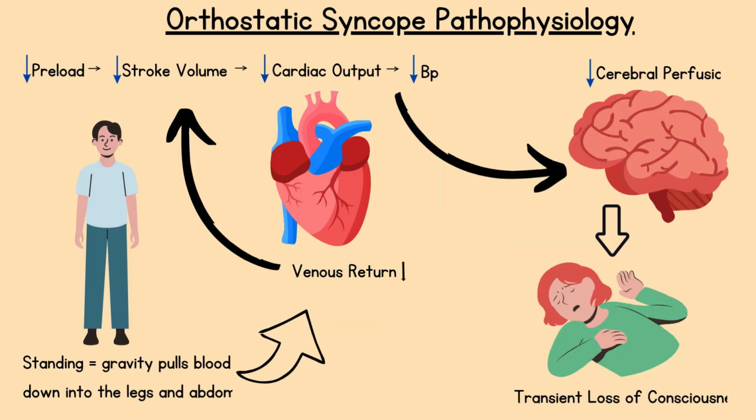2. Orthostatic syncope. This type occurs when there's a sudden change in body position, like standing up quickly or standing for long periods. Gravity causes blood to pool in the lower body, which can lower blood pressure and result in fainting. Now that we have an understanding of what syncope is and its common types, let's discuss what might trigger